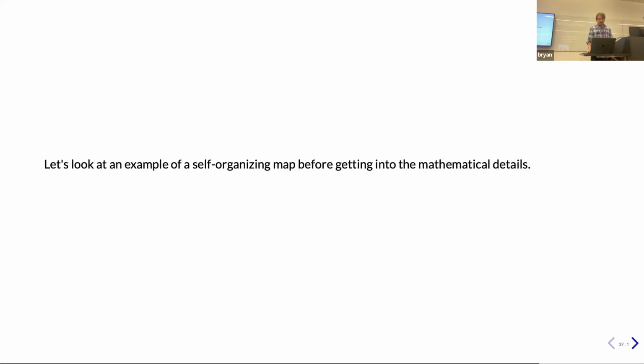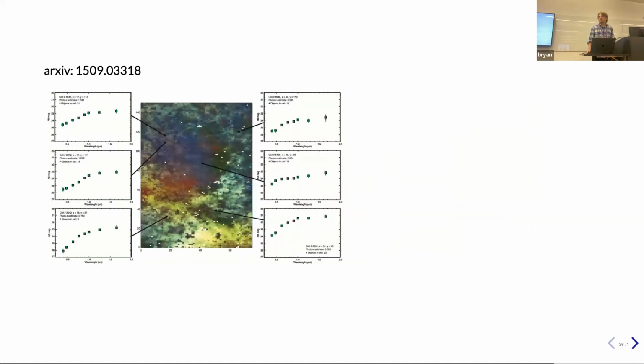So let's look at an example of a self-organizing map before we get into the details. I apologize, it's hard to see. I'll talk to Adam about how to improve the slides to make these images bigger. But this is a famous plot that you'll see in a lot of cosmology talks, a lot of photometric redshift talks. So what's happening here is we have some cosmos